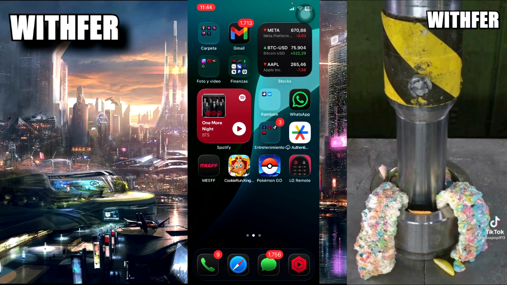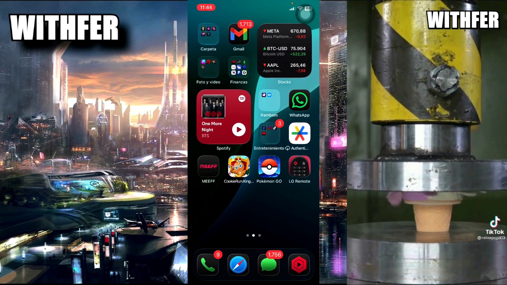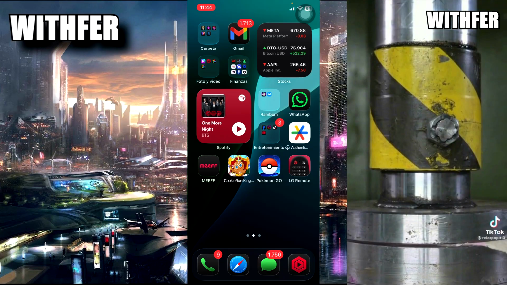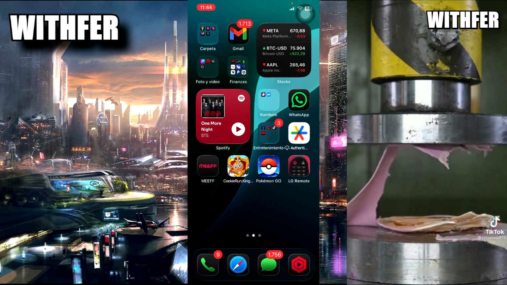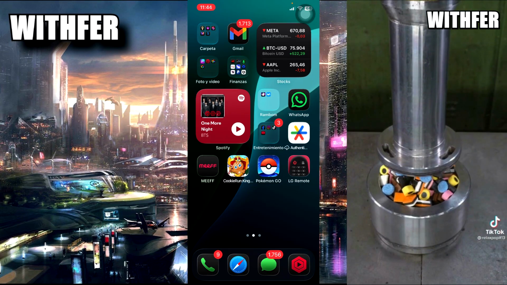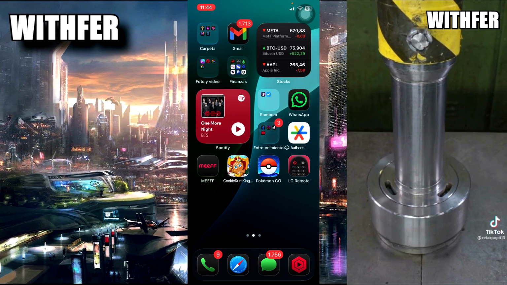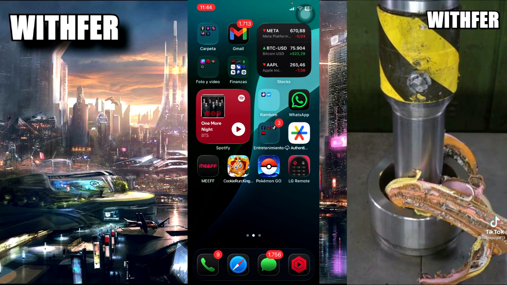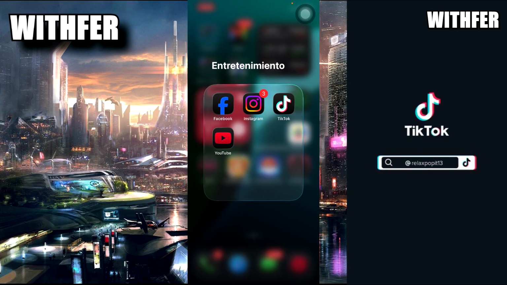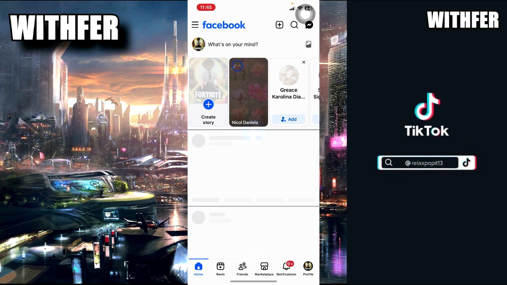Now the first thing is you need to update your app. Before that, you open your Facebook and update it. If you have Android or iPhone, it doesn't matter, open your Play Store or App Store and update. And then you can open your app.